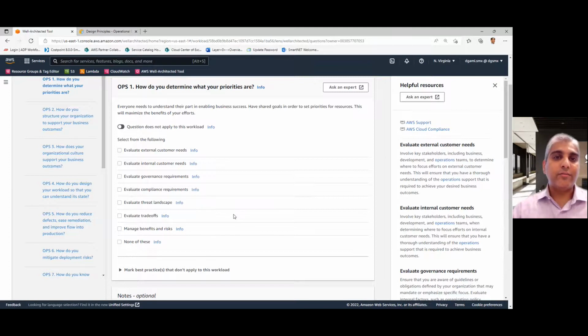Evaluating trade-offs is another determination of your priorities. Sometimes organizations and teams may have certain phases in which you need to prioritize performance over, say, cost. You may have more budget available because you know that you need to have a time period of high usage, and so making sure that performance of the application is a higher priority, even though it may cost a little bit more. Or in some other cases, you may actually have cost as a higher trade-off requirement than, say,